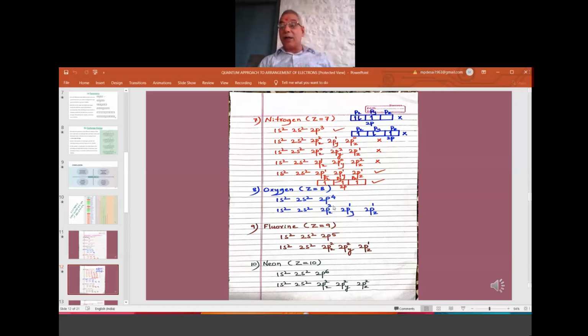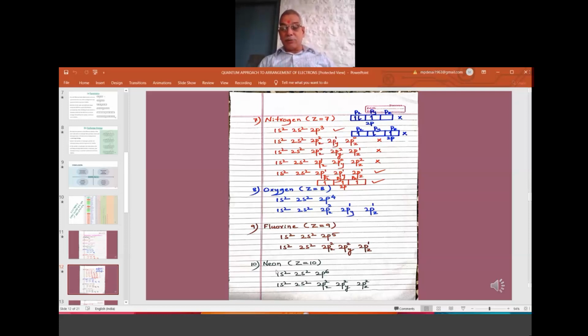Oxygen in the same way. Now oxygen has the eighth electron. For the eighth electron, there is no choice. It has to pair up only. When options are closed, it inevitably has to pair up with 2px. So I have taken 2px2, remaining the same. Now fluorine, 9. Already paired, now it has to pair with 2py, where a single electron is already there.